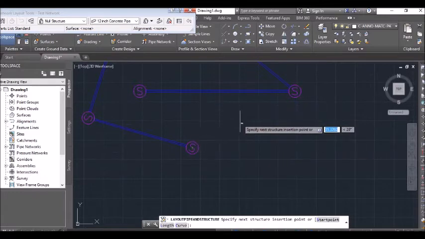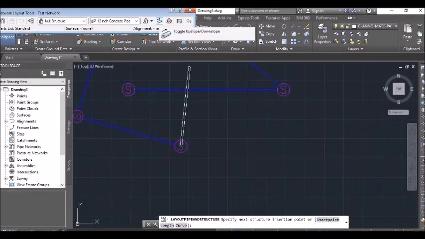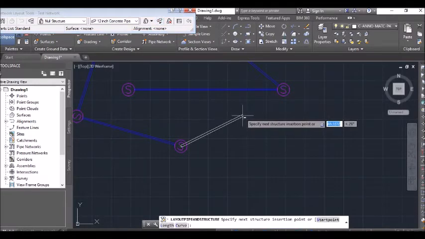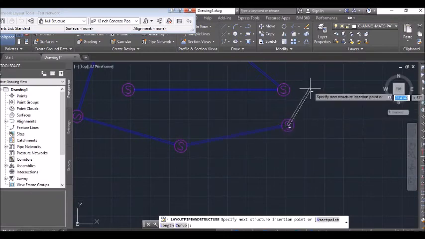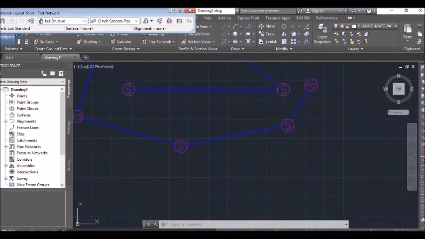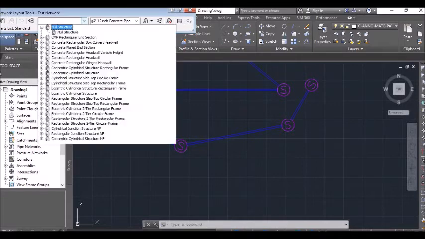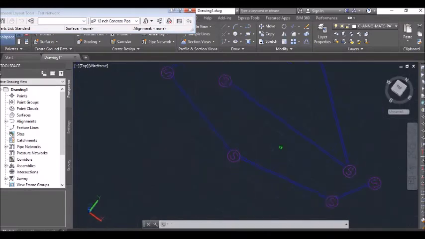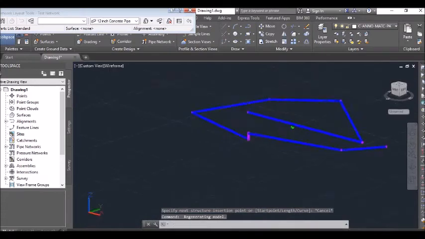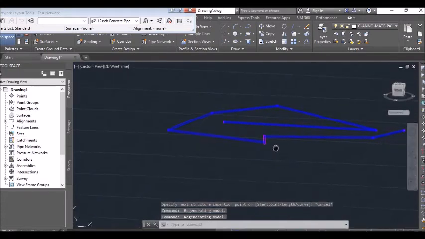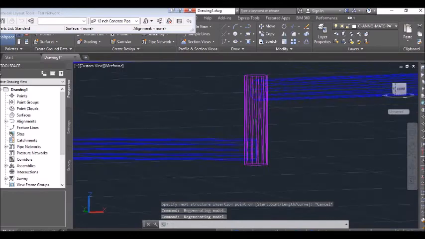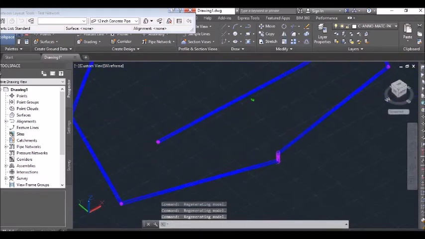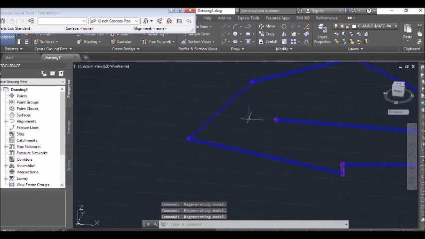So then this way, clicking this button here, toggle upslope or downslope, toggles whether the pipe is sloping up or down, obviously. And you can change, so there's just these basic structures here. You can change what kind of structures it uses. It doesn't change what it looks like, but it will change how it looks in 3D when you enable that, of course. So see, when I switched the upslope or downslope, it did this here, which created an up part of the pipe. And you see here when we're in 3D, they're cylindrical